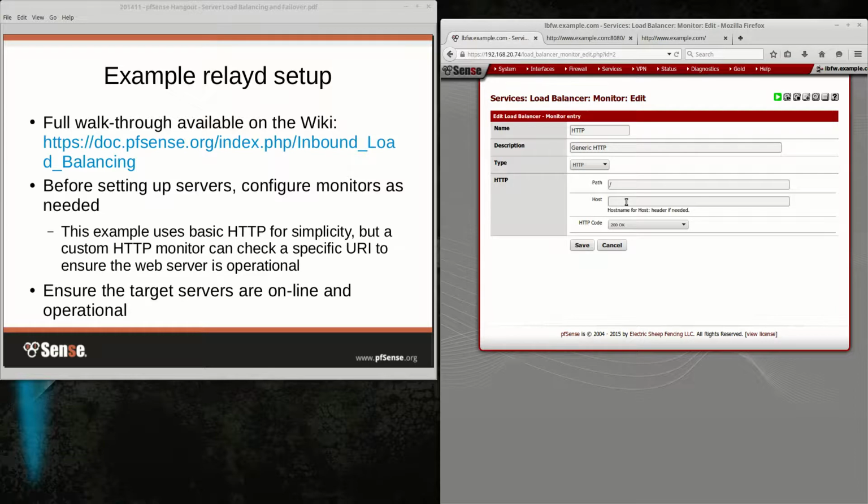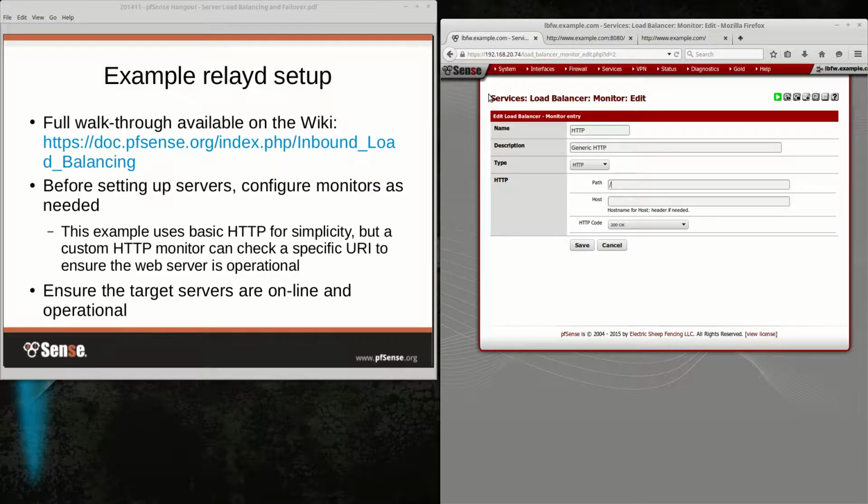So if you have a custom script that will just run a simple test like that and would return an error code otherwise, you could point it at that, or like I said, some people like a piece of static content. Whichever one you use, that's really up to you. Or you can just use this generic one that just tests the root.